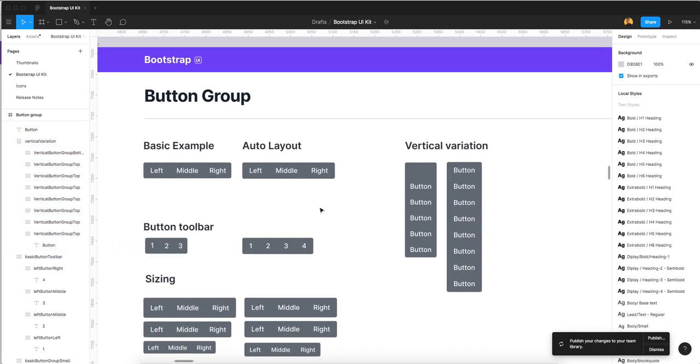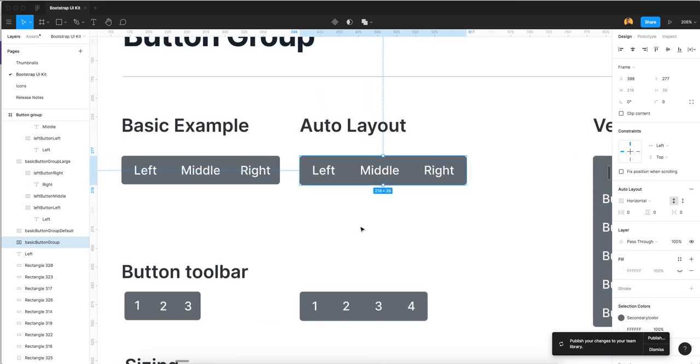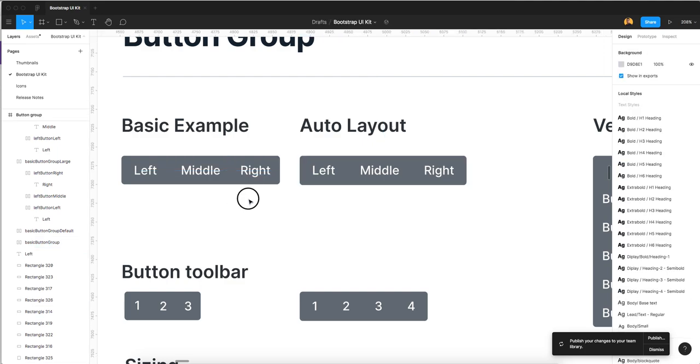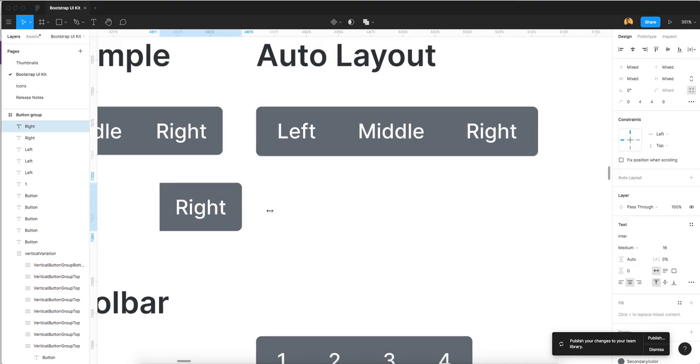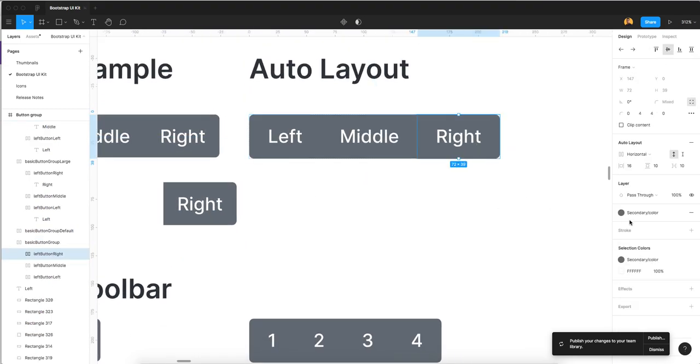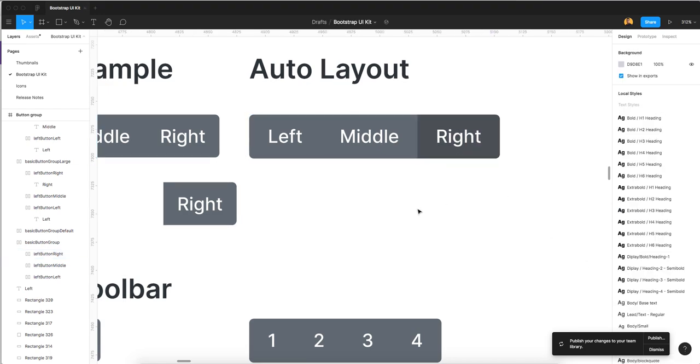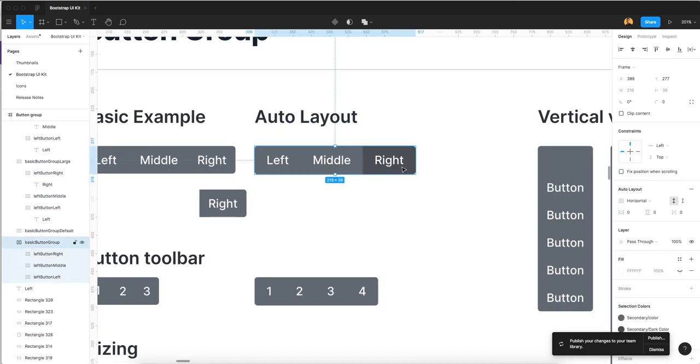Now as we are moving ahead, we need to discuss about auto layout. So in this auto layout we have a simple default state. Now if we need an active and hover state, we select this layout, or maybe we can use our original auto layout features and click this dark color. So you will find here will be our hover state and active state work.